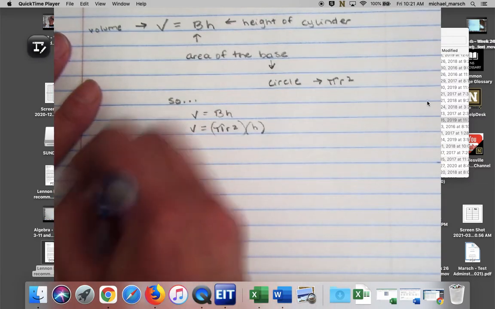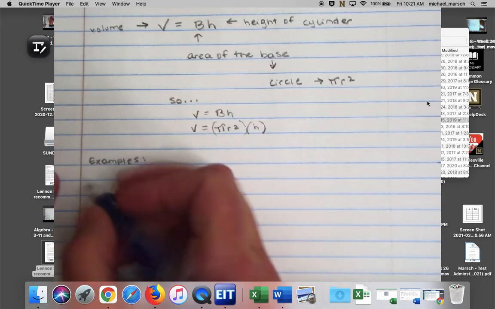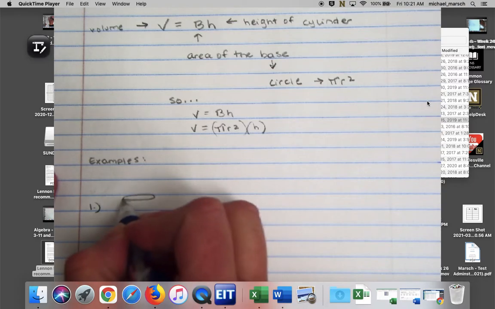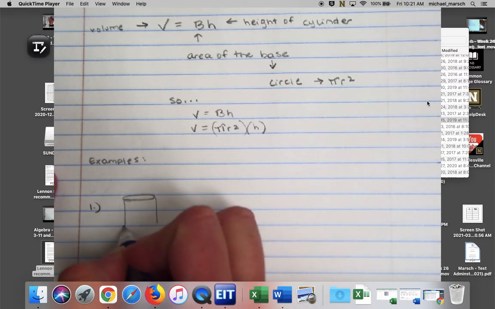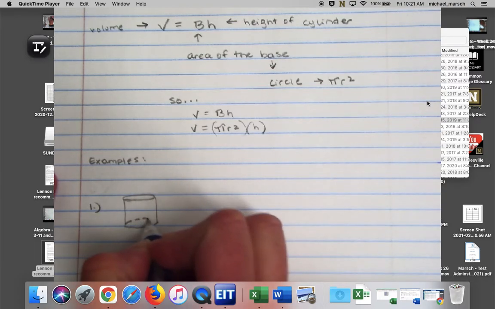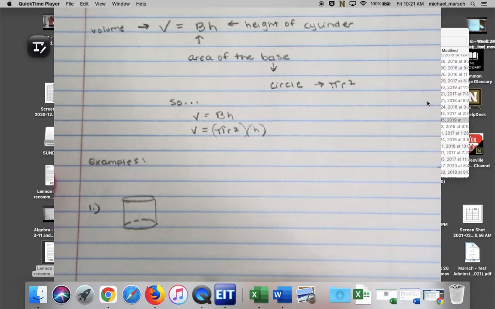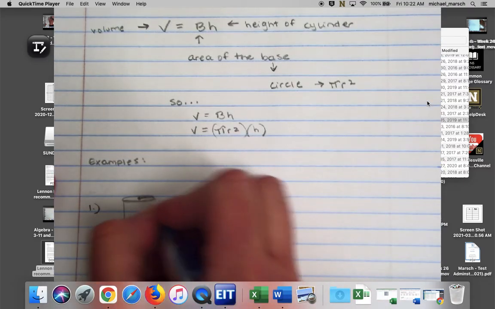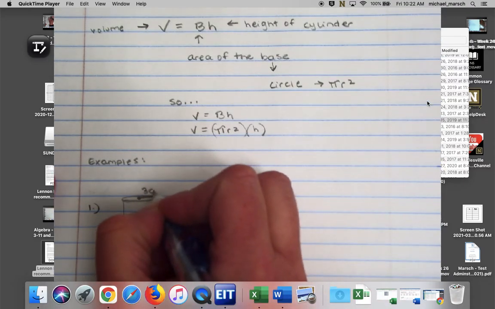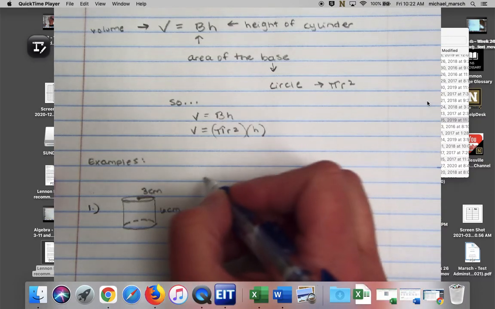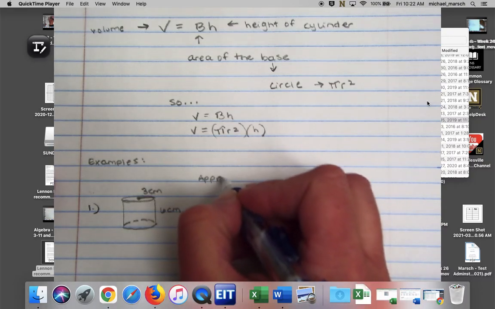So let's go ahead and actually we're going to skip a line here. Draw ourselves a cylinder. Do the best you can. Right? I usually do just like a skinny little oval and then some sides, and then like this dashed line is to show the dimension, like the depth of it. So our radius is going to be 3 centimeters and our height is going to be 6 centimeters. So for our approximate value,